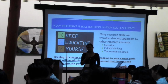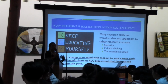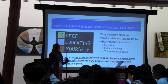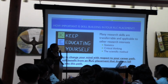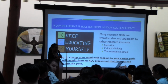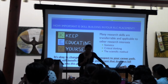Skill building, of course, you can't do the work without the skills. I put this third, not because I don't think skill building is important, but I do think that sometimes undergraduates think that skill building is the only thing that the research experience is about, and I really want to emphasize that relationships are a huge part of your experience. But skill building is wonderful. I learned statistics in my first undergraduate research experience, and I'm so glad that I got the pain of that out of the way so I could move on with the rest of my career. But many people love statistics, so I joke. But